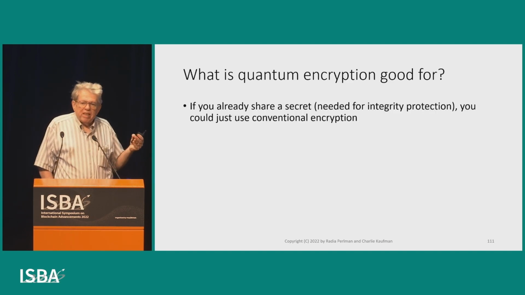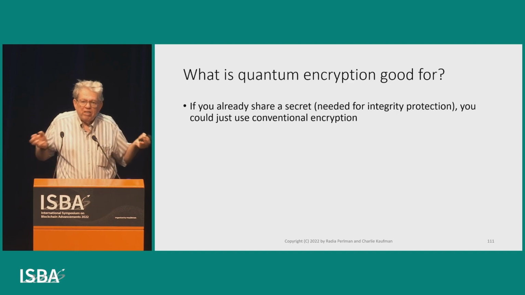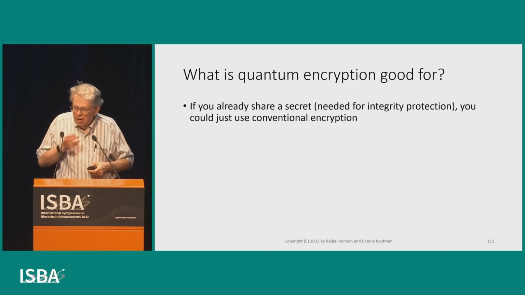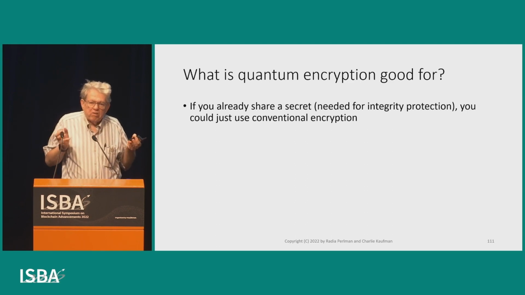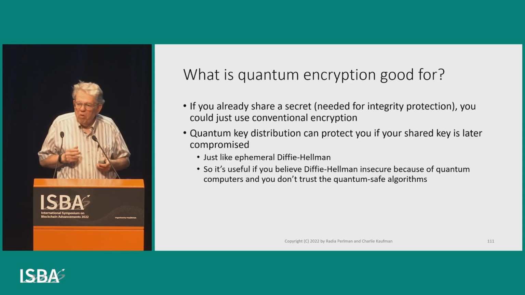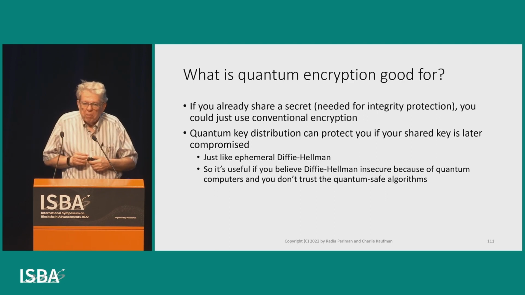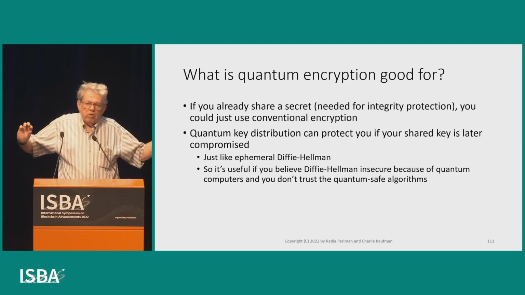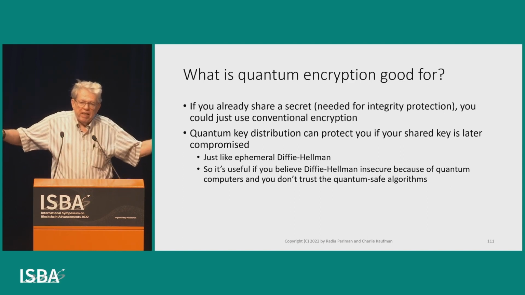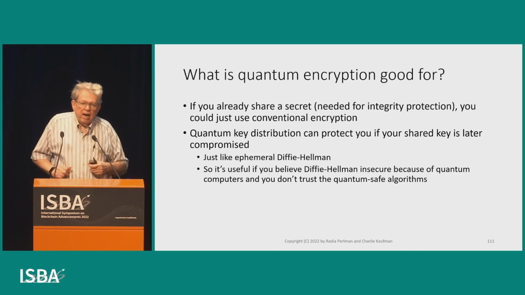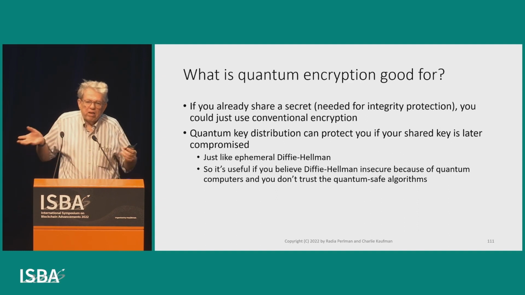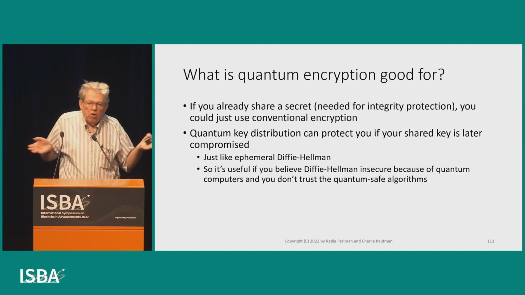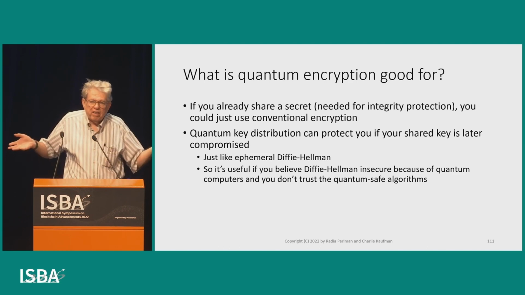You can't do this unless you already share a secret that you're using to do these integrity checks. And if you already share a secret, you could just do conventional encryption. So why does anybody want to do this? Well, quantum key distribution can protect you if that shared key is later compromised. So if you have a key that you can use to protect the integrity of it, you can now generate this key that even if the long-term key is later compromised, nobody can eavesdrop on the conversations that you've been